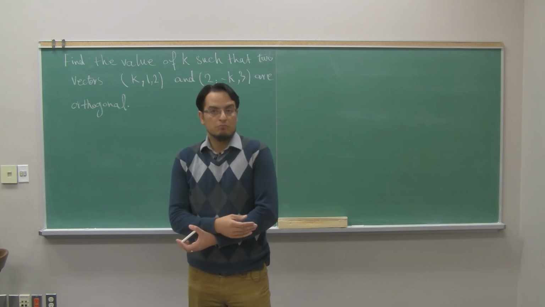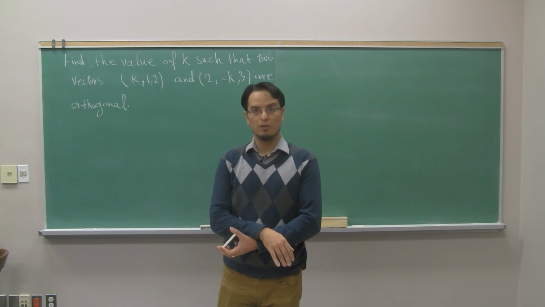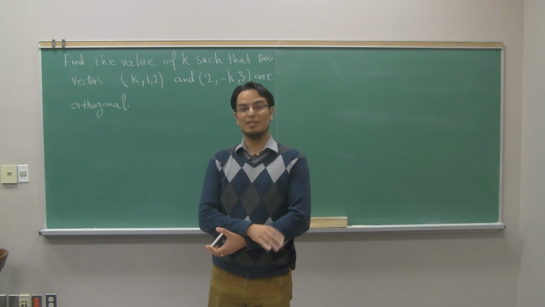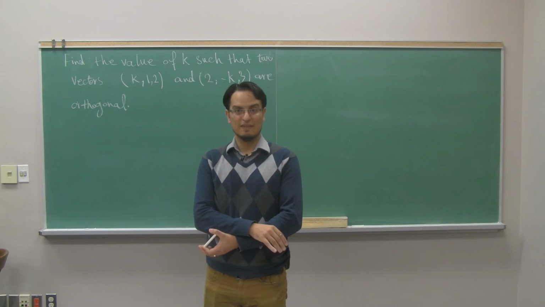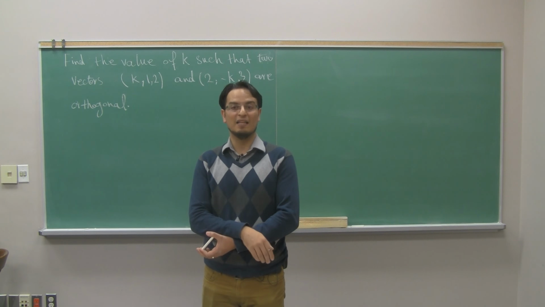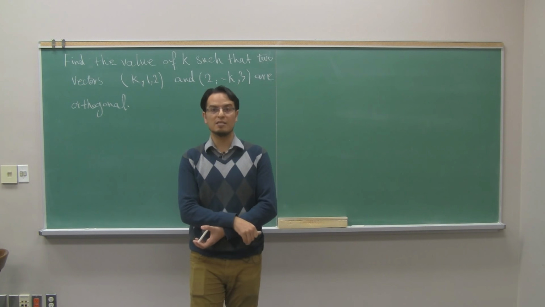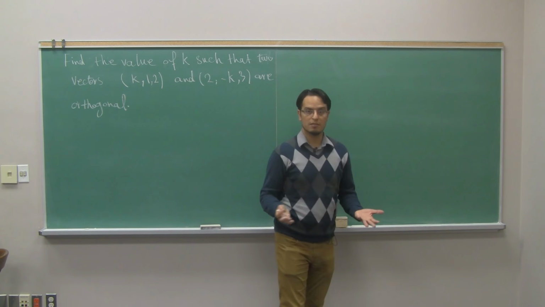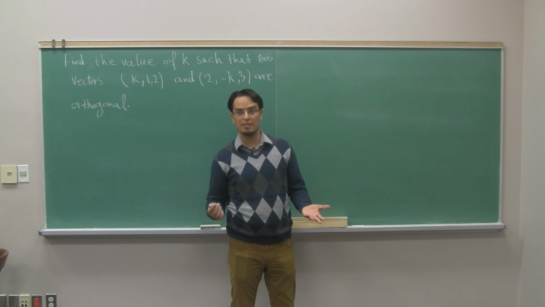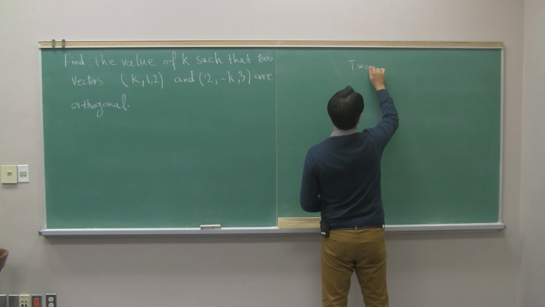It means that you have to know when two vectors are orthogonal, and knowing that will give you an equation in k, and you have to solve that equation for k and find the values. To be able to solve questions like this, one should know this fact, which I sometimes like to call the orthogonality test. And it says two